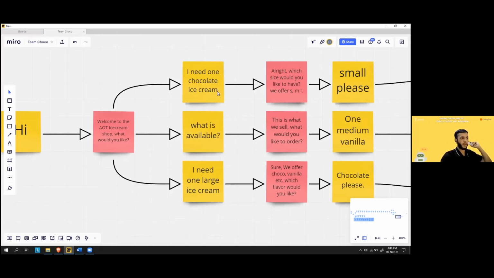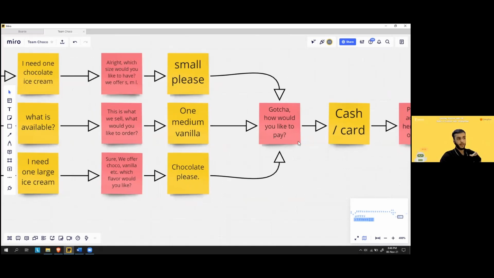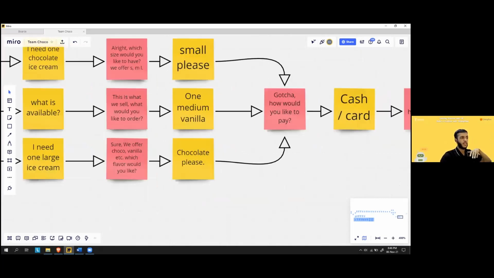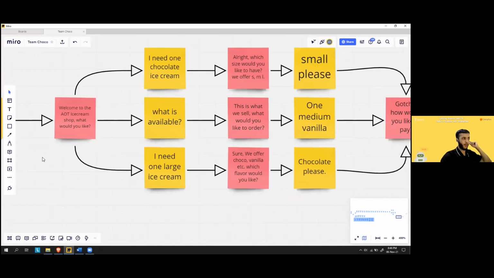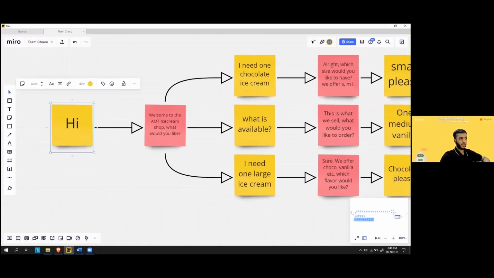We're going to create two entities. One is going to be flavor and one is going to be the size. And then obviously, again, two options. How would you know the user has given you cash or card? So we create another entity over here, but that's too far. Let's start making our bot now. We are going to fulfill these two things first. So back to Dialogflow,